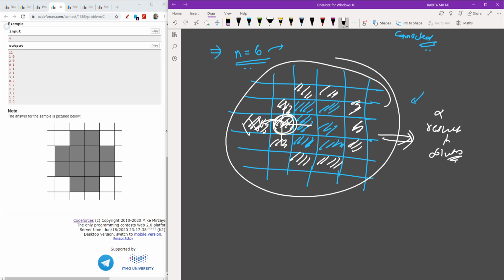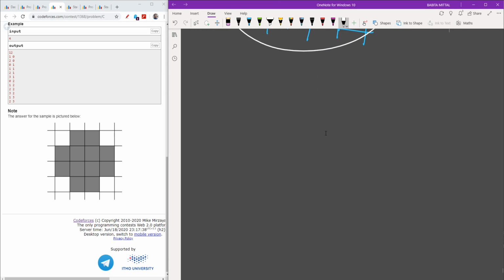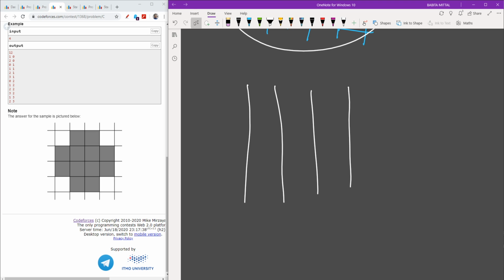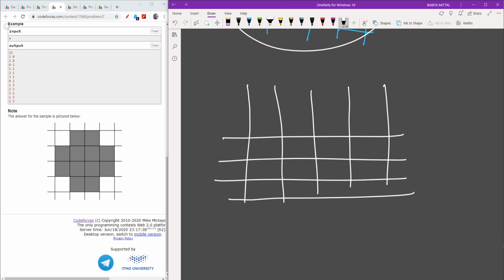So how to think? Okay, so let's think more clearly. If I make a matrix again, sorry for the lines not being straight, but I am not used to straight lines. So if I make a matrix something like this, then let's first fill a few cells.